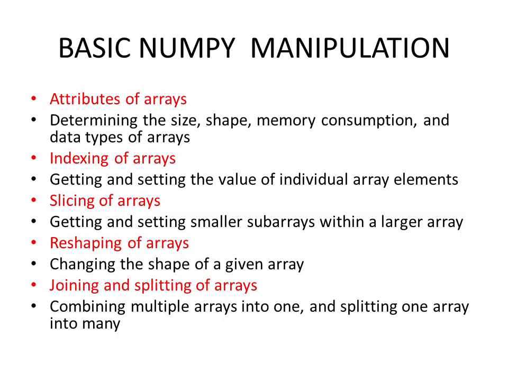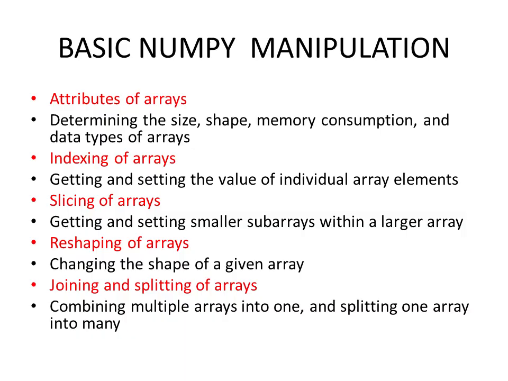So what are the attributes of an array? If you take an array, it will give us the size, its dimension, shape, and memory consumption. Size is the size of an array, either in rows or columns, whether it's two-dimensional or one-dimensional. And next is indexing, the index values, for individual array elements. It helps us in getting and setting values. So what is slicing? Slicing is where you create a smaller array from the array which we already have. From the larger array, we will be creating a subarray.